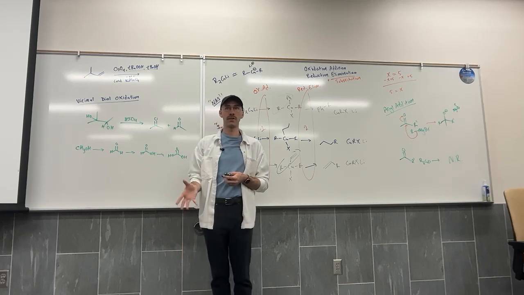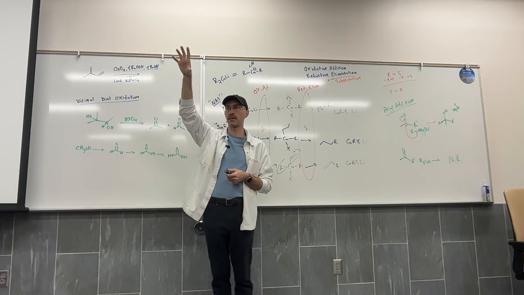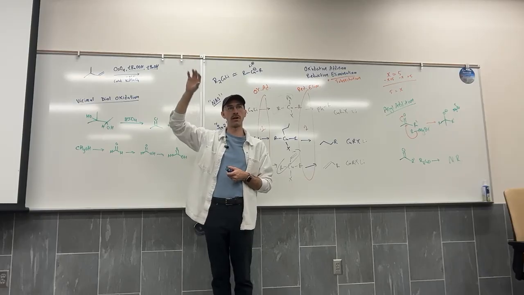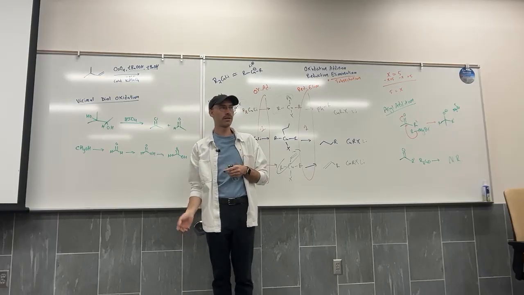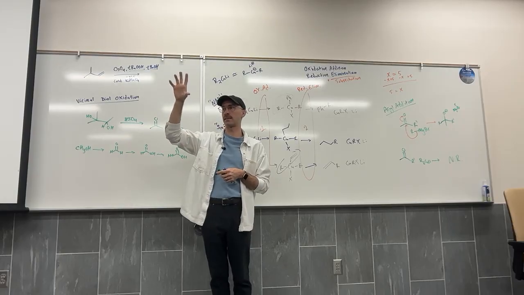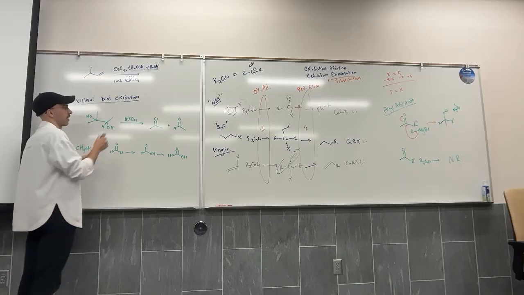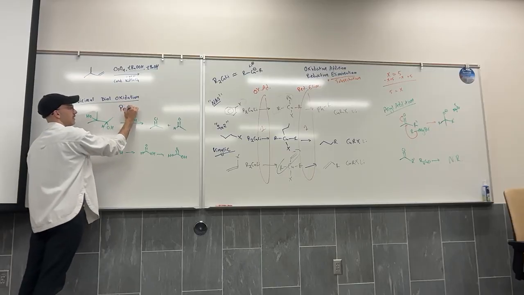Hypoiodous, iodous, iodic, periodic. It's just like with the chlorates. There is hypochlorous, chlorous, chloric, and perchloric acid. A scale of how many oxygens are actually there. So this acid is,